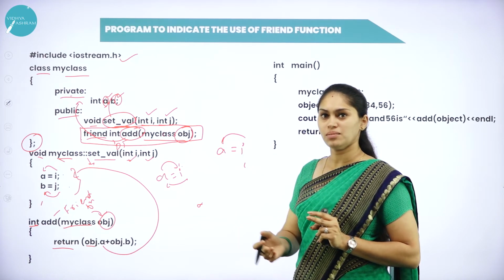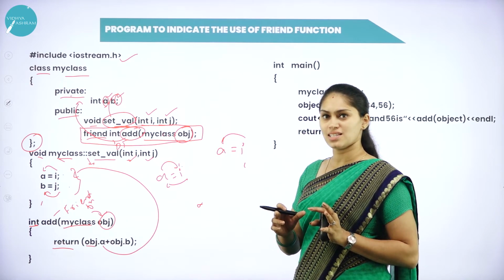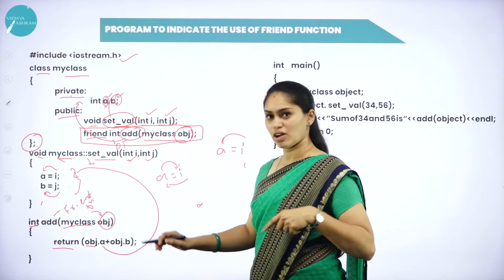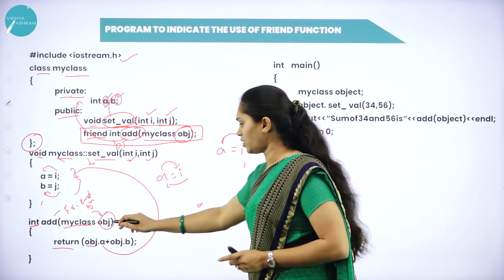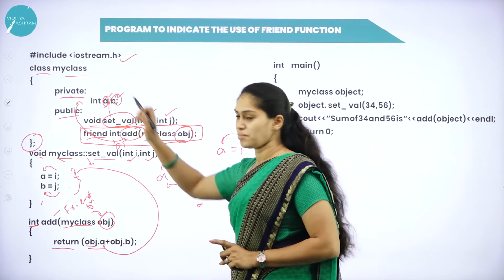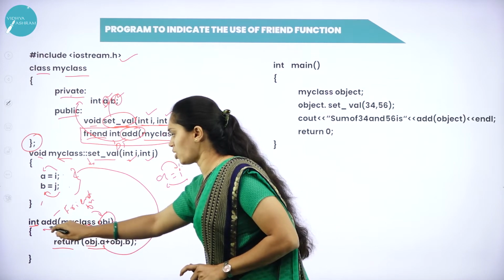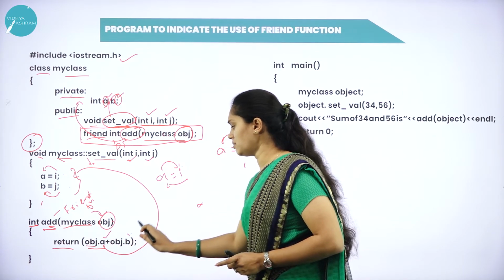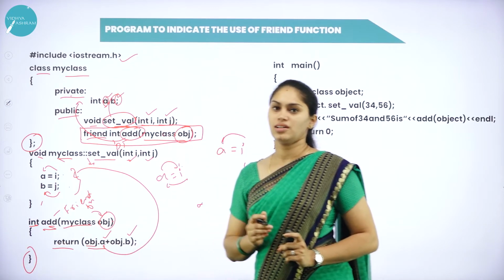I am not supposed to use a class object in order to access the private members directly. If I want to access them, I must use the syntax object name dot member name. So I am creating one object, and with the help of this one, I am calling the data members of the class my class. So object dot a plus object dot b. Anyway, I am doing the addition, so I am returning the value of the addition of a and b to the function called add, and it ends the scope of the friend function.